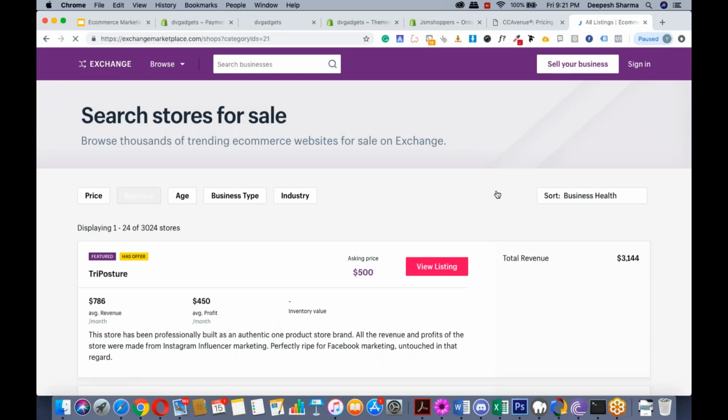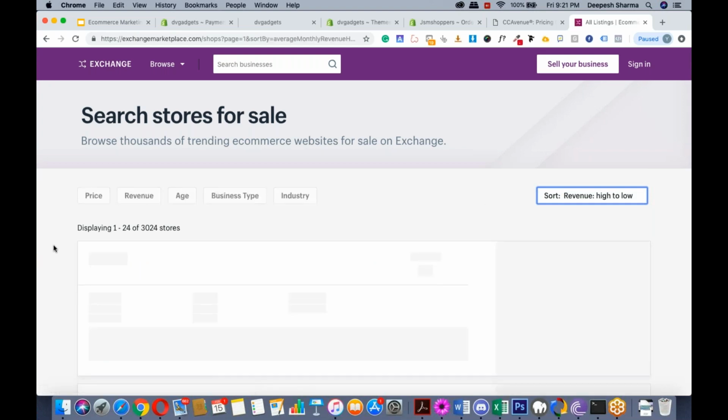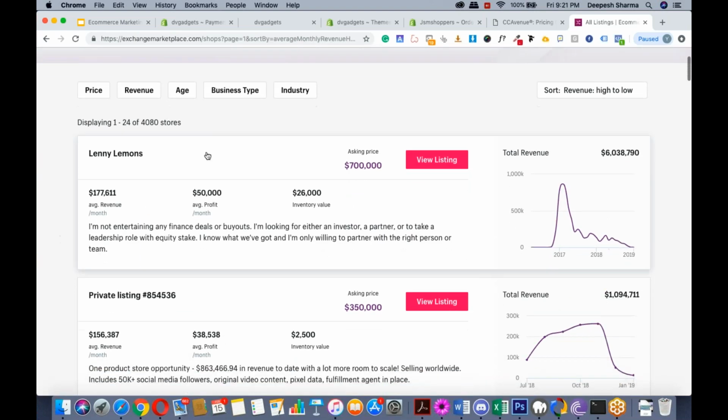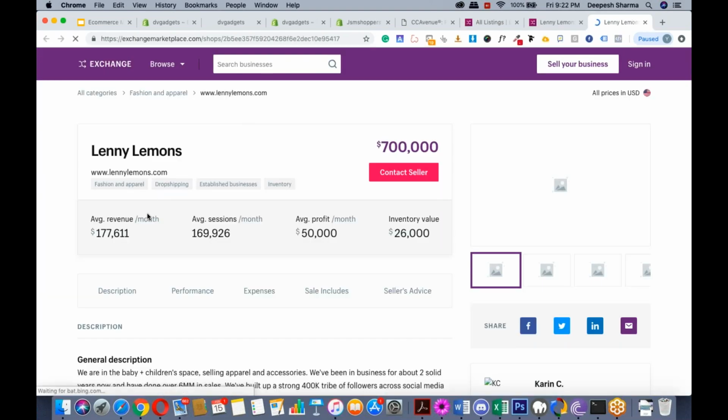let me filter it down by revenue, revenue high to low. You'll just check out this store which is called Lenny Lemons, which has been having a monthly revenue of $1,77,000, where the average profit he's been making is around $50,000. If I go ahead and click on this particular store,